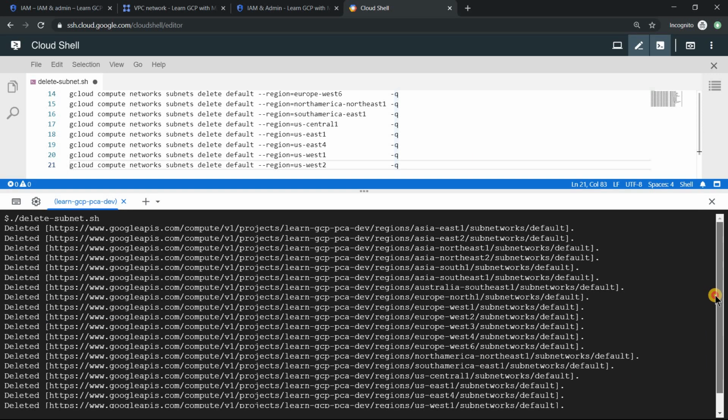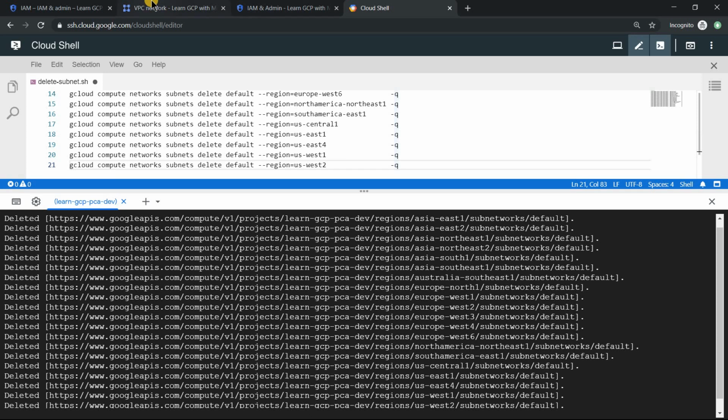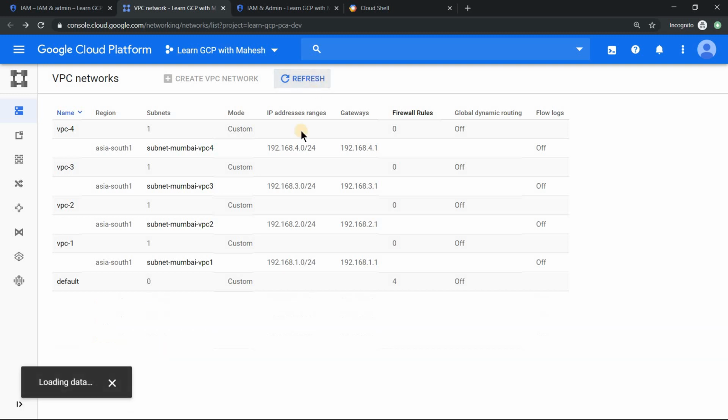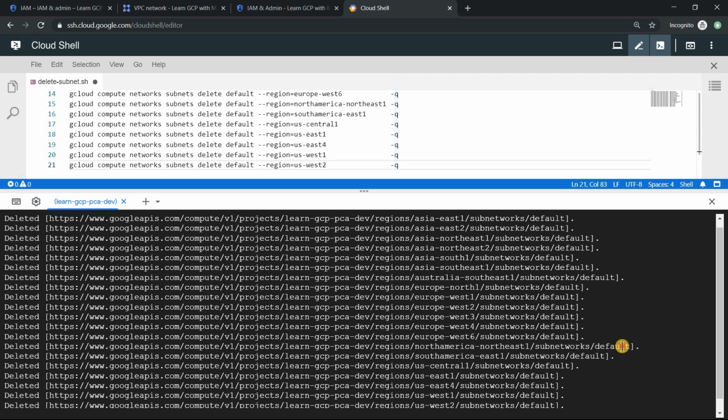Alright, we have successfully deleted all the subnetworks. Just to verify it, let me go to the screen and refresh it. You can see that the default VPC does not have any subnetwork. Looks all good. Now what we'll do is create our